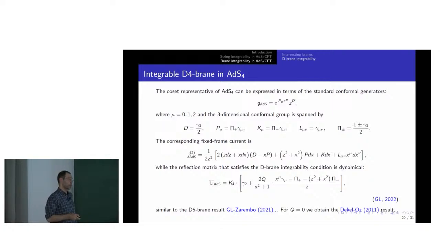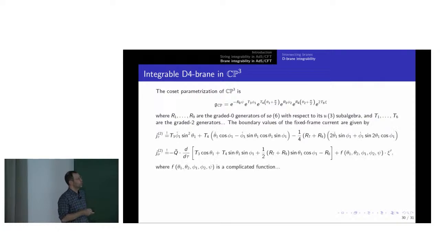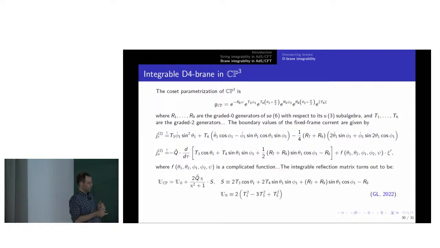And again, Deckel laws had studied this case for Q equals 0, that is no flux. But of course, the CP3 parameterization is a bit more involved. And that was probably the non-trivial part in this paper. One can construct the charges, which are very much more complicated. But if one plugs it into the integrability condition and looks for a reflection matrix that satisfies it, one can find this reflection matrix here, which is not too complicated, but it works,